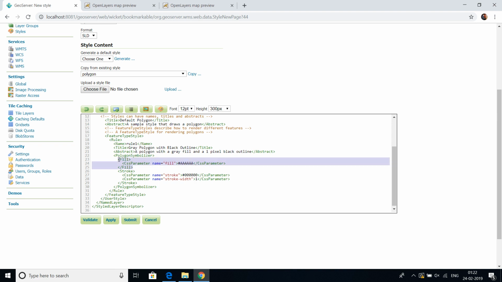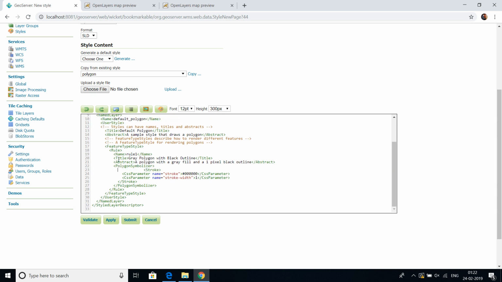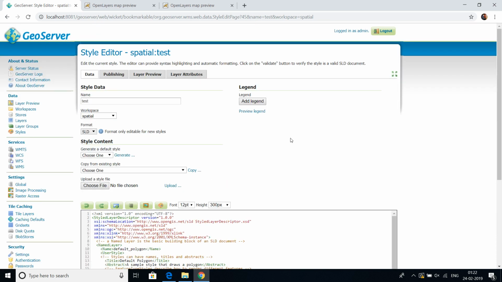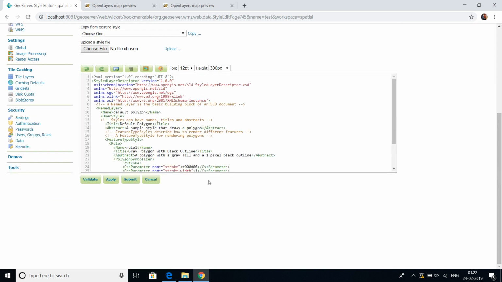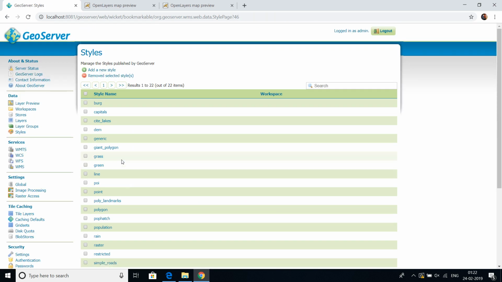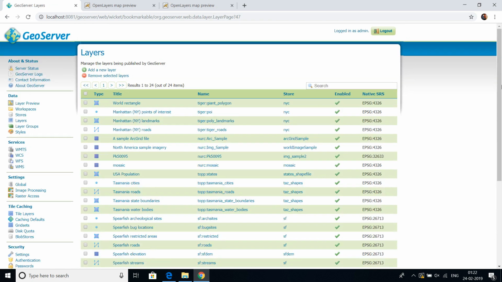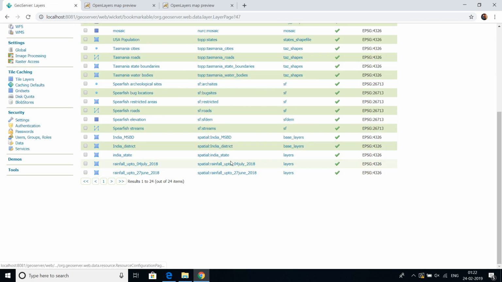Suppose you want to remove the fill here. So if I remove the fill and I'll validate it and I'll apply it and I submit it. My new style has been created with the name of test. So what I'll do now, go under layers and I just click on suppose